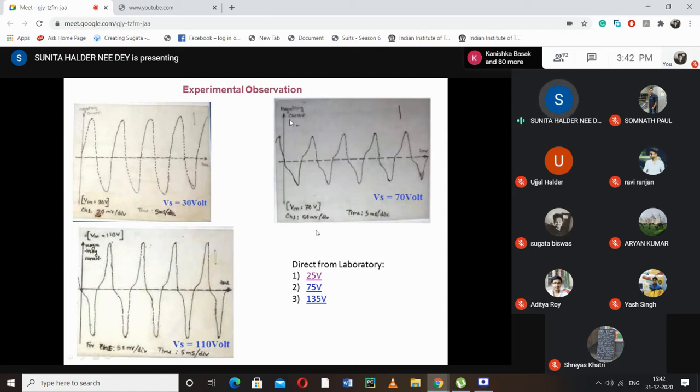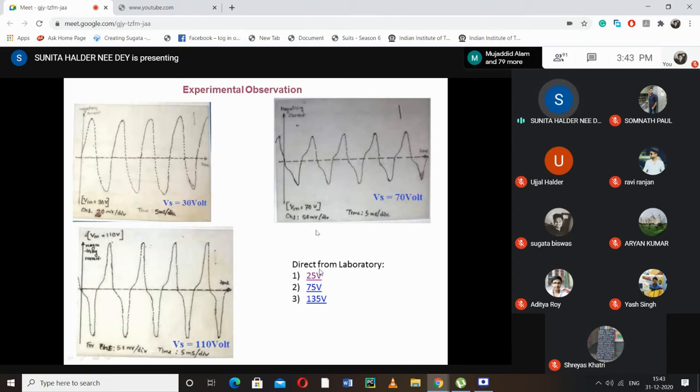We are observing voltage drop across R12 that is proportional to the magnetizing current. And we should mention what is the input voltage, along with that what is the volt per division, because here it may seem that this current is lower or this voltage drop is lower. Actually, that is not the case. Here the scale is different. You can check the scale is higher, so it seems to be smaller. So it is very much important to mention the scale when you are tracing anything from the oscilloscope.